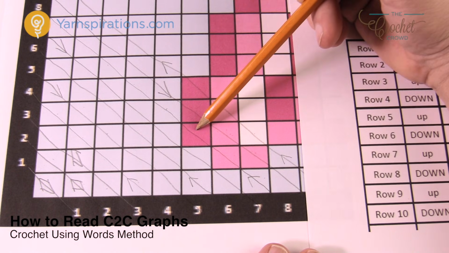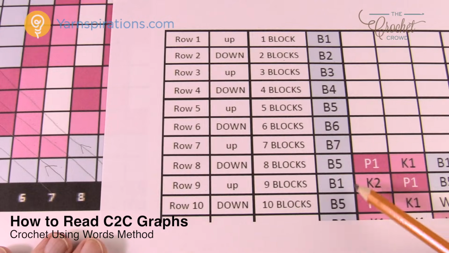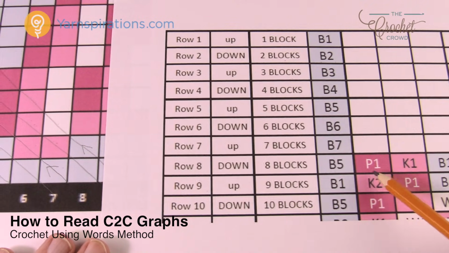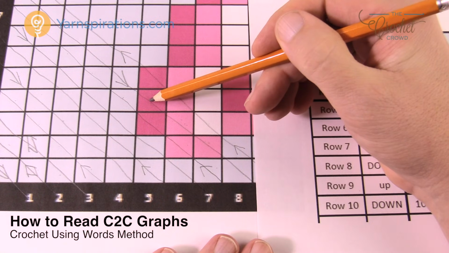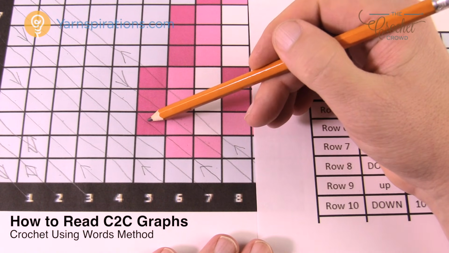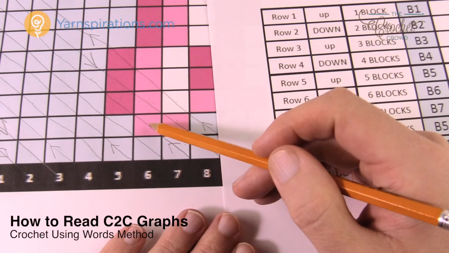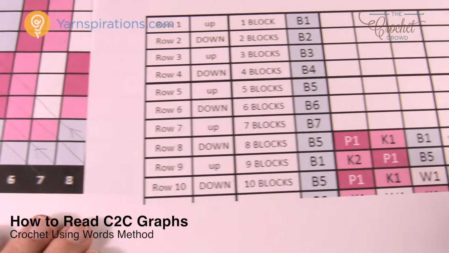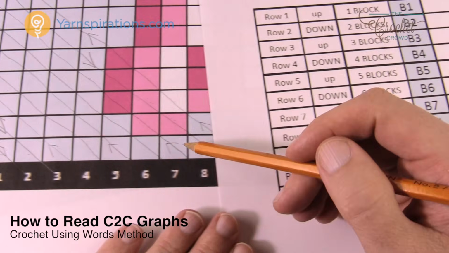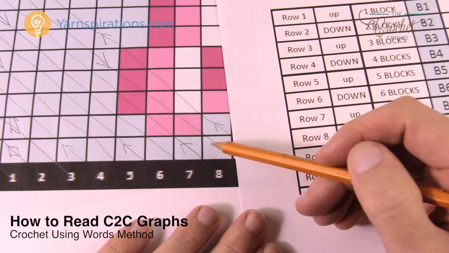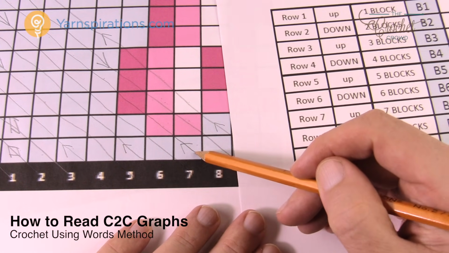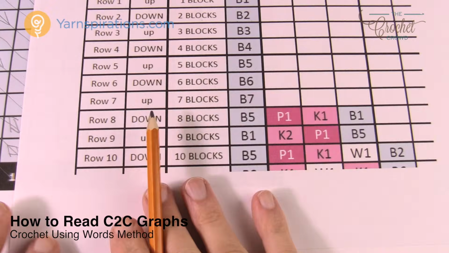And look at that, the next one is another color. So then it says P1, which is a color, is only for 1 block, just like this. Okay, just like that, sorry, right there. And then the next one is K1, which is another color, which is for 1 block, and then it finishes off with B1, which is the final here showing right there. Okay, so it's just telling you the amount of blocks that you need to do.